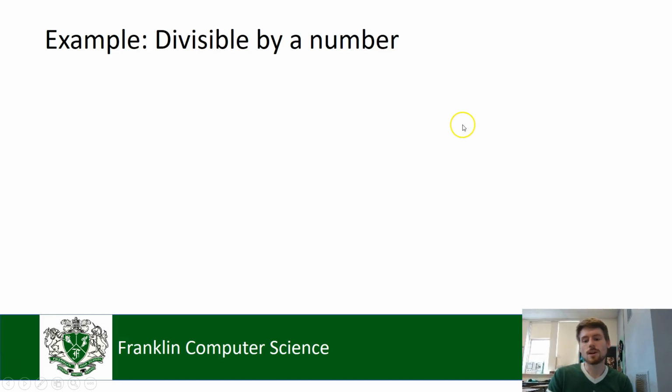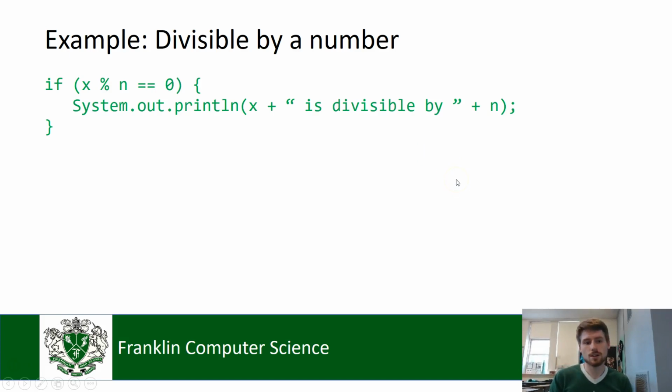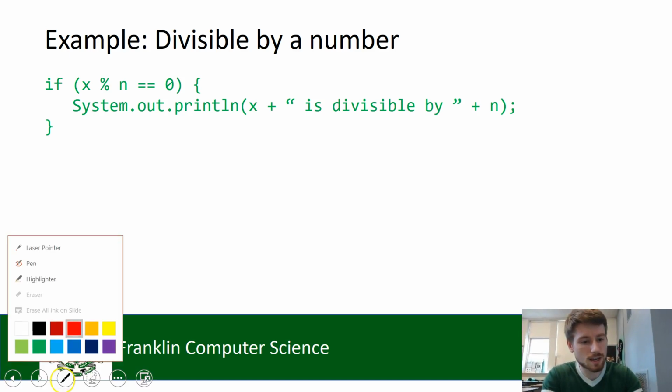Another thing you might check for is a number divisible by another number, right? Is 6 divisible by 3, for example? Yes. Is 10 divisible by 4? No, it's not. Okay, so if you want to check for divisibility, this would be the test you do. You use the modulus operator. If x mod n, n being the number I'm checking to divide x, like x is my number, say 10, so say 10, x is 10,